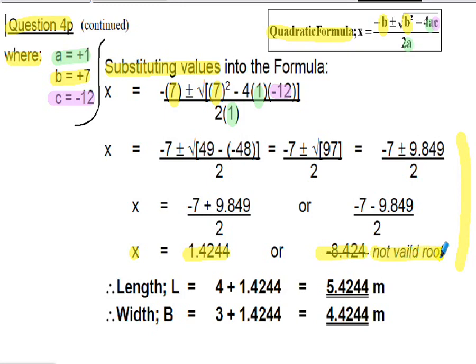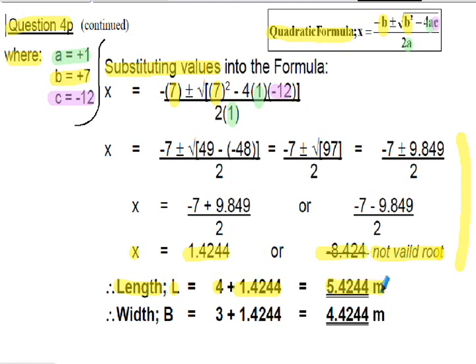It is a valid root for the academic calculation. That is the second root, but in the context of this question it's meaningless. So I'm just going to use the first root found. So the length of the new garage, which has double the area, will be 4 plus the 1.4244 value. So that's